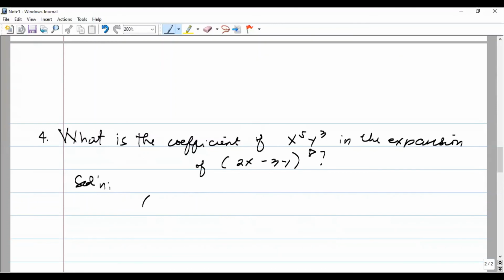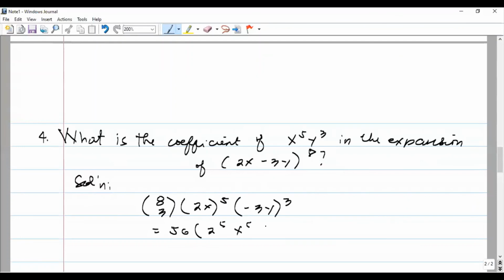The combination of 8 taken 3 at a time times 2x to the 5th times negative 3y raised to 3. And that is 56. Combination of 8 taken 3 at a time is 56. And then you have 2 to the 5th